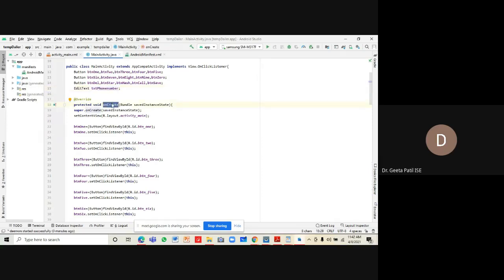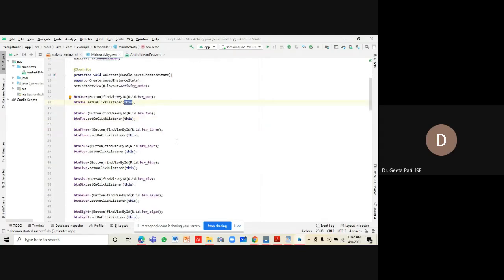Then in the onCreate method, we are setting up the references. For example, button1 is a reference to button_1 from the XML file. That is done by our findViewById method, and we are setting the on click listener, button1.setOnClickListener, to this particular button.